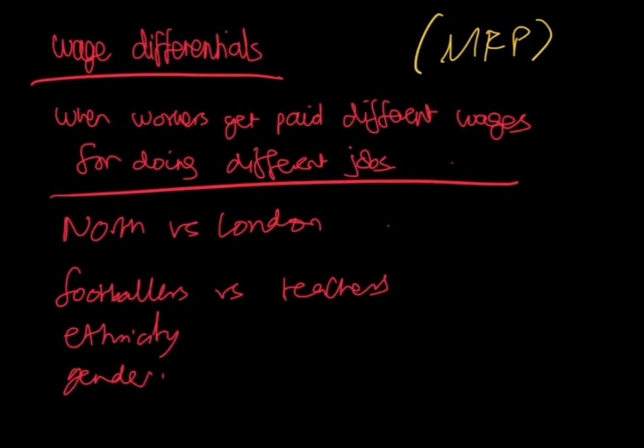So then what would be the problem? Because their MRP is actually as high as the footballer's. But what would be the issue? Would it be that you can't measure it? Yeah, exactly. You can't measure it. And it's the same with nurses and doctors. A doctor's MRP, or at least their marginal product, is very, very high. They're saving lives every day. But the problem is nobody puts a price on that.